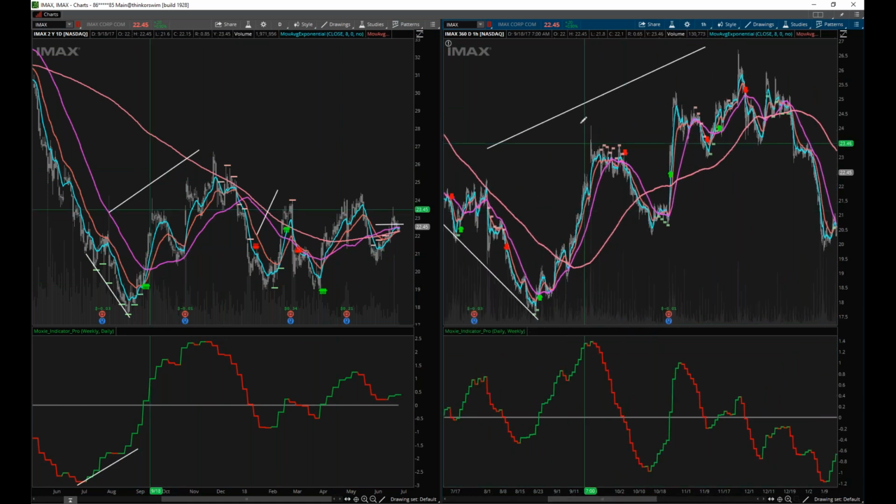This is how the Moxie indicator and its trading method all works together. This is actually a really great example. So we had our divergence on the daily chart. We got our price trigger here. Look at the hourly chart. We got our price trigger right here. It came up over the 50 and came back down and tested the 50.